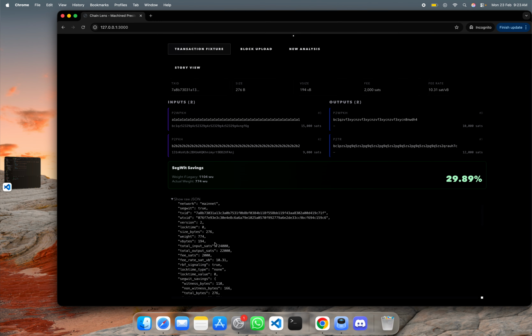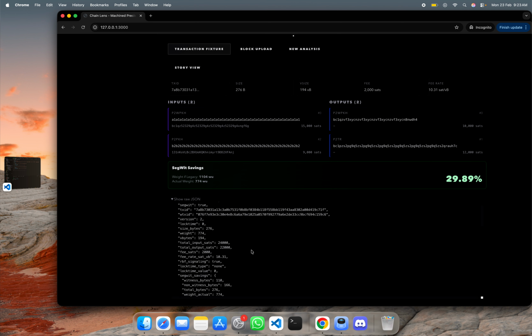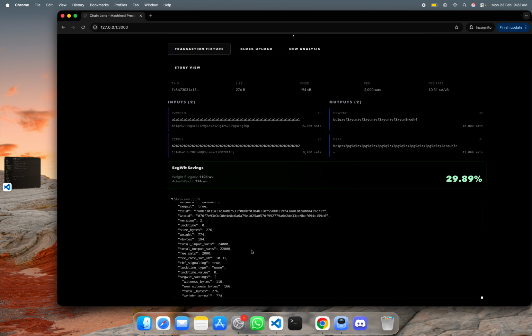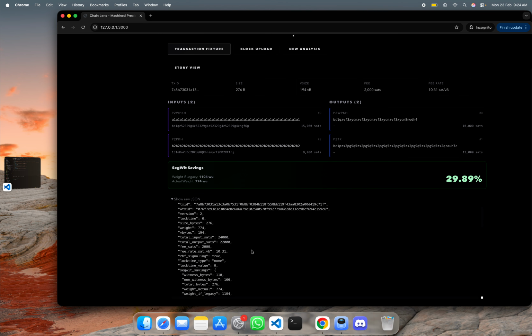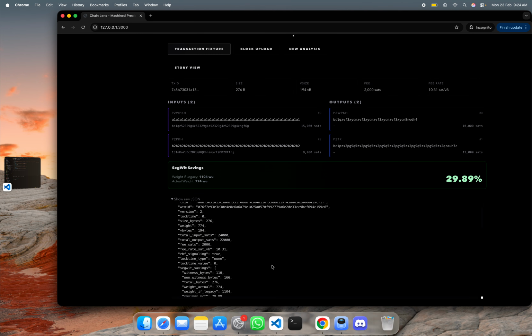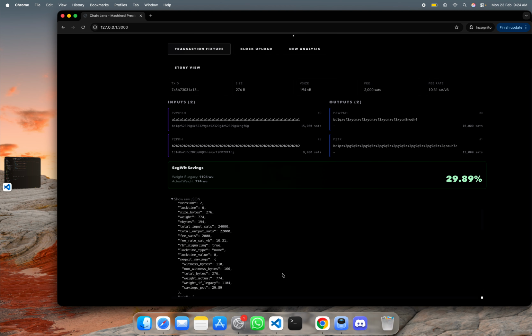276 means the raw byte length of the serialized transaction including the witness, with weight 774 used to compute vsize. I've already told you the vsize equals weight divided by 4, which is 194 vB here, and the vsize of 194 is the virtual size used to compute the fee rate. Total input and total output sums are 24k and 22k. I already told you the fee is 2000, the fee rate is 10.31 sats per vbyte, and the RBF signal is